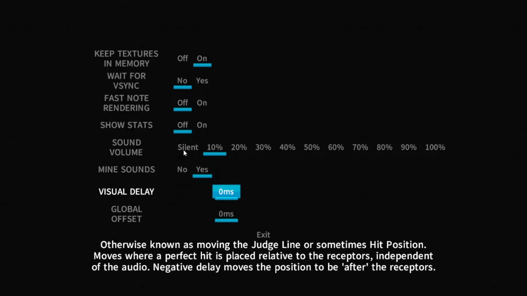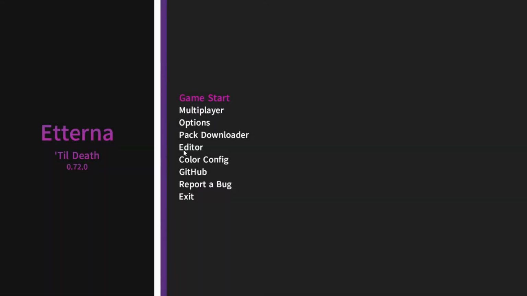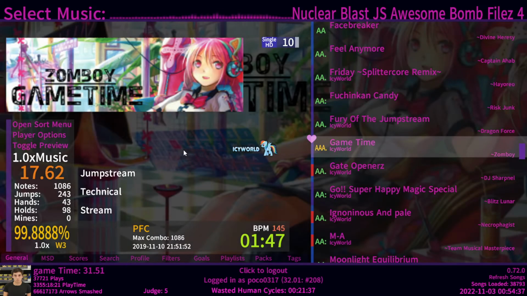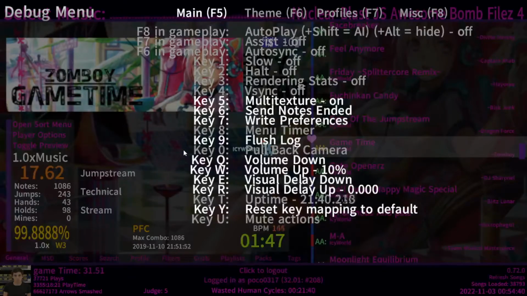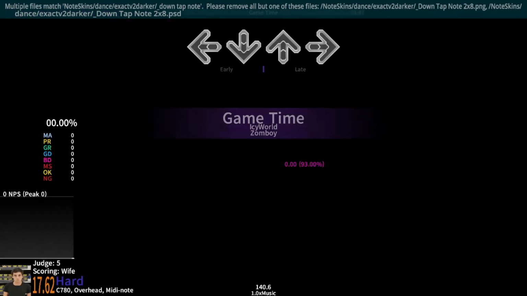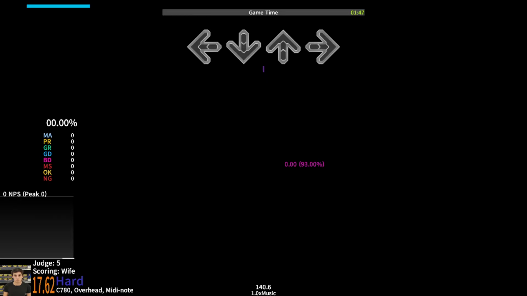at this song select. The way visual delay works is it's more or less used for situations where you're the kind of player that's not interested in an audio offset, but it's more of an input delay kind of. So if I was to set my visual delay really early or really late, like 30 milliseconds is a lot. So let me go into the options. I'm going to turn off the fade for, I'm going to turn off hidden. That's what it's called. Now that I've changed my visual delay, 30 milliseconds, you will notice that the perfect hit